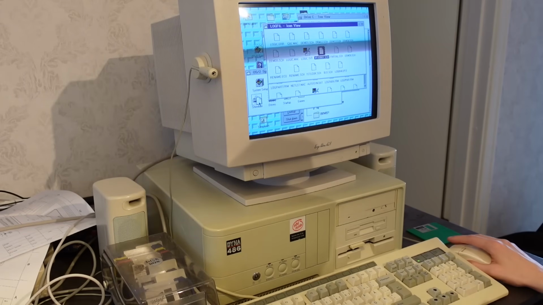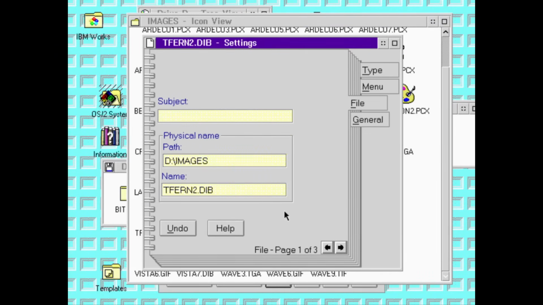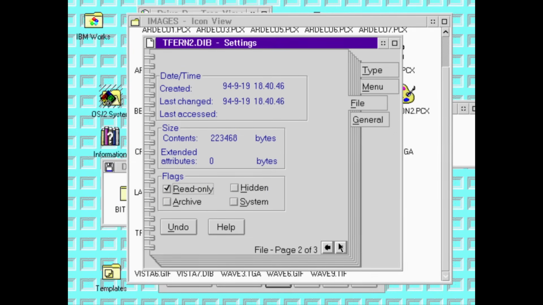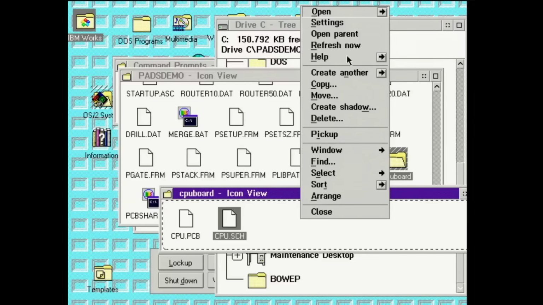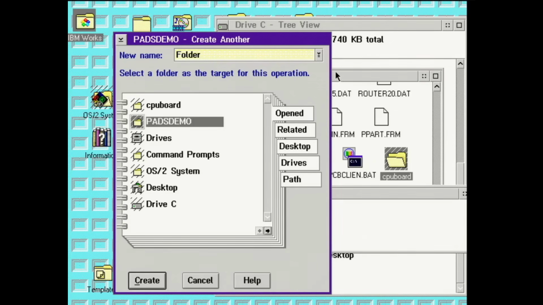As we can see in the file properties, OS/2 has an unusual take on a tabbed interface. This combined with each tab potentially having more than one page makes the discoverability a bit worse, I would say. One of the things I found notably quirky is how you create a folder and even copy files. Right click and select Create Another. It doesn't say folder anywhere, but sure.